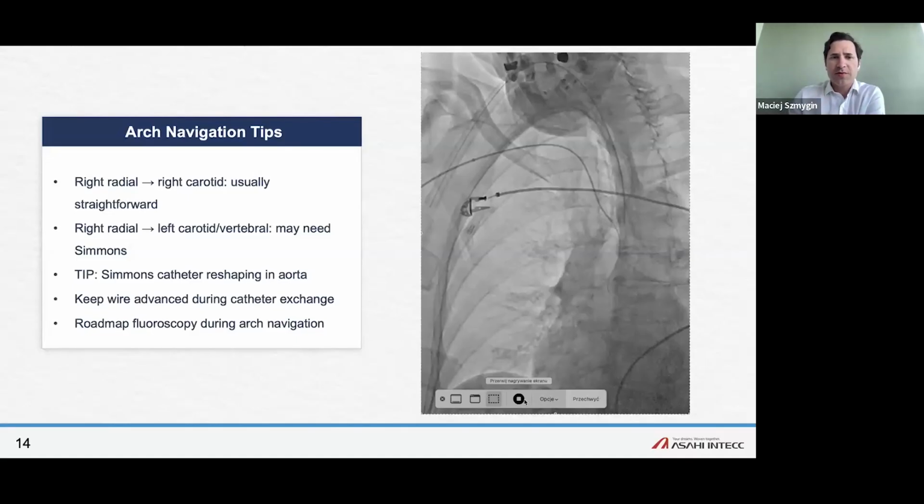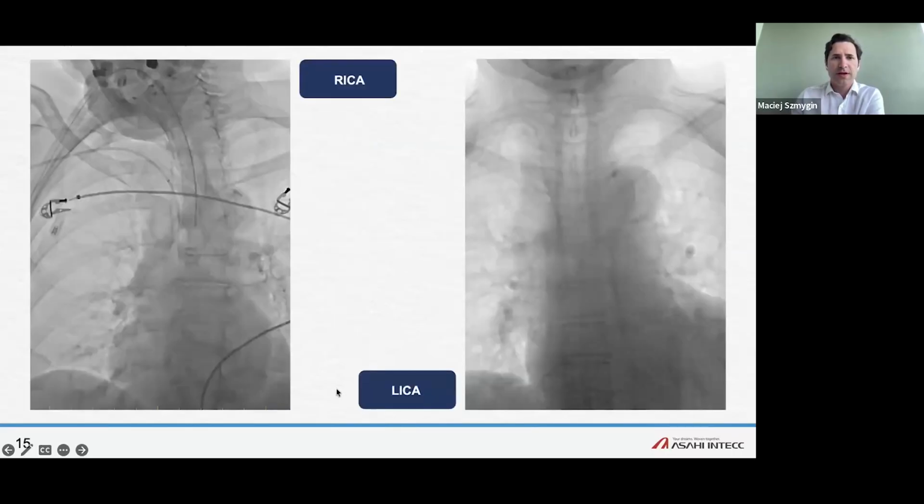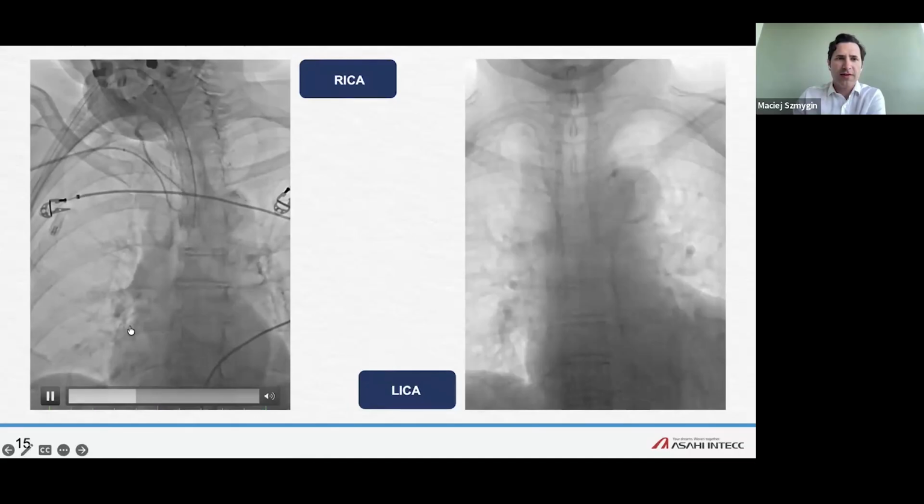We can keep the wire advanced during catheter exchange, of course, not to lose it. And we sometimes do roadmap fluoroscopy to have the roadmap navigation. So here we can see the catheterization of the right common carotid artery. You can see that it's quite easy. We inject a bit of contrast to be sure not to go to the